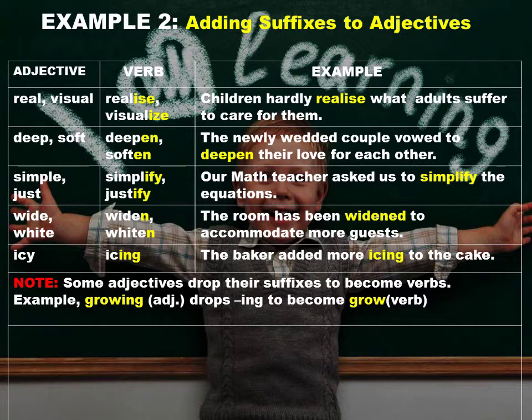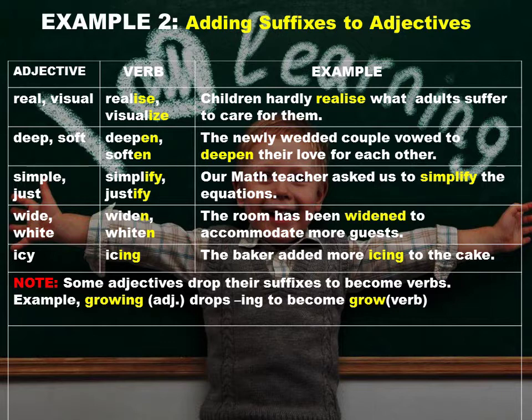Do not pay attention to the discrepancy in the spelling ise and ize. I'm just trying to show examples of American spelling and British spelling. So either way they are correct. Now children hardly realize. Realize is to know. Children hardly realize what adults suffer to care for them. Now from real, an adjective, I have formed the verb realize, and you can see how I have used it